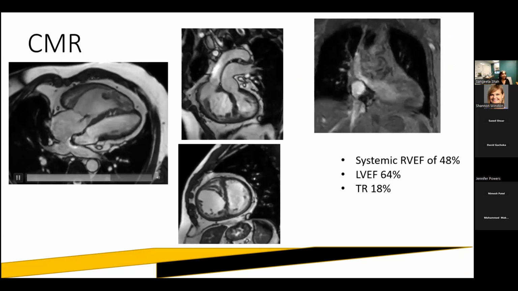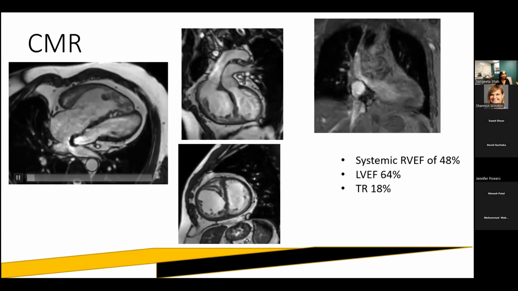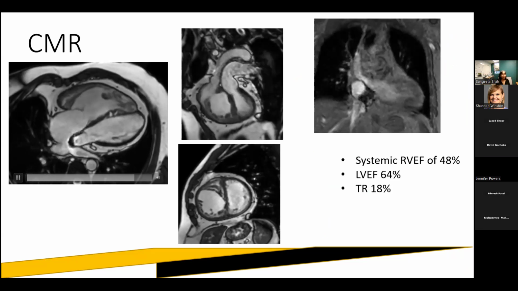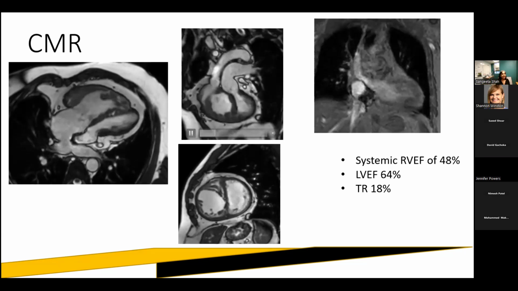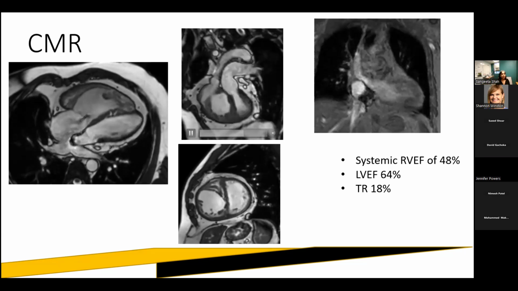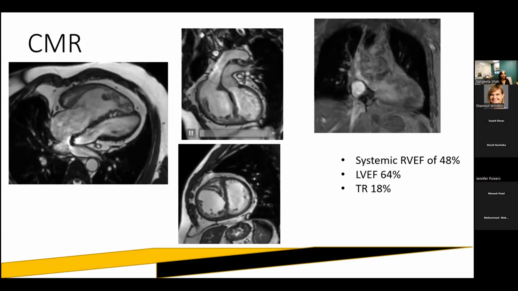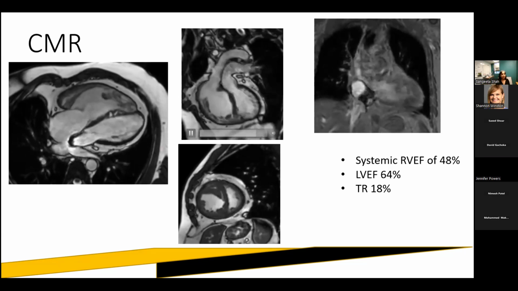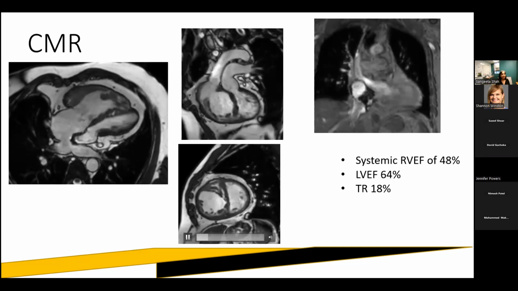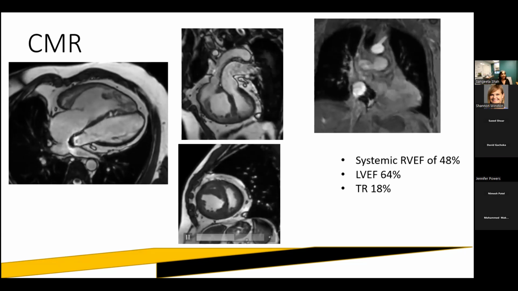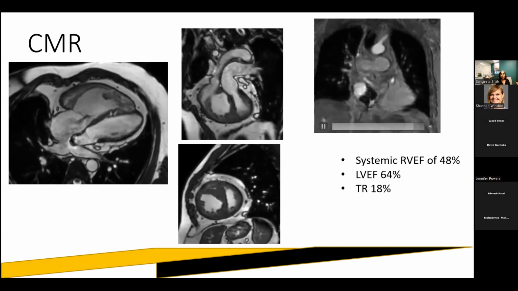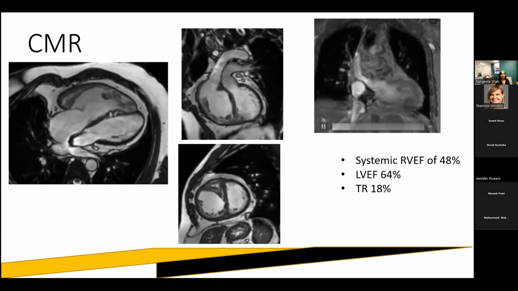Images by CMR. This is a 4-chamber image, your systemic RV, pulmonary venous baffle coming through. You do see the tricuspid regurgitation. This is a nice view for fellows to show the parallel great vessels. This is your aorta, and this is your pulmonary artery with your left PA bifurcation. This is short axis, RV is right here. This is the LV.